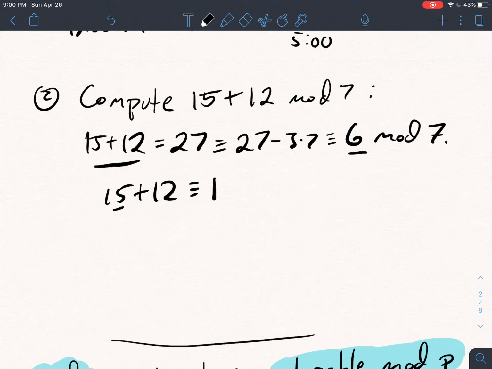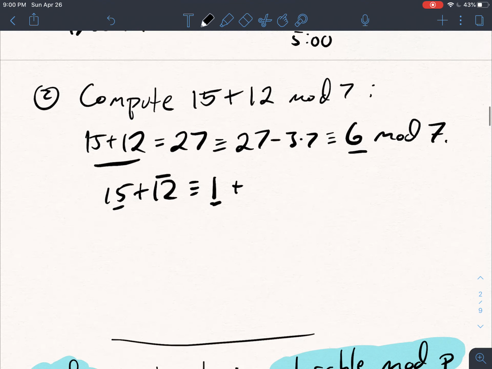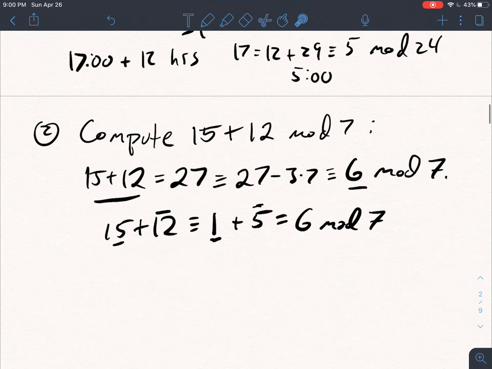You could have also done this like 15 plus 12. So 15 is congruent mod 7 to 1, because 15 and 1 are 14 apart, which is a multiple of 7. And then 12 mod 7 is congruent to 5. So